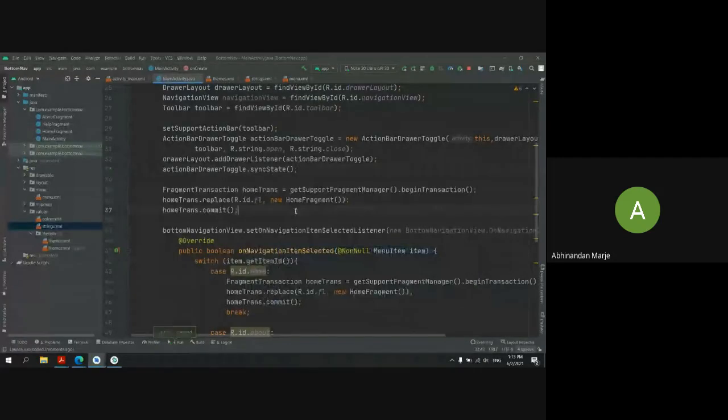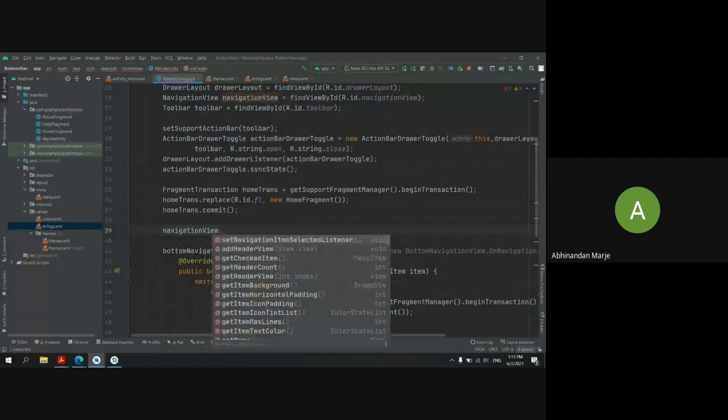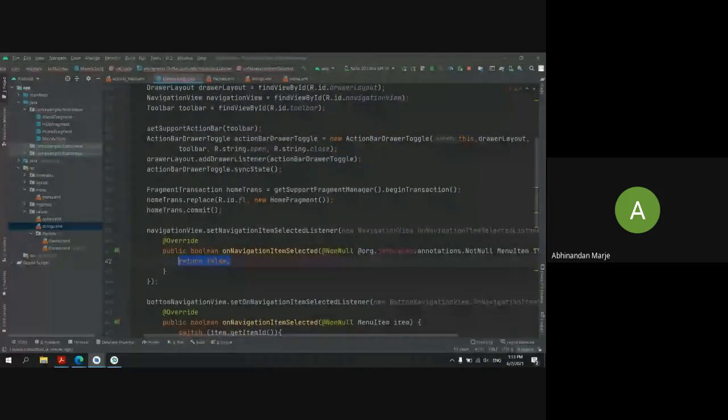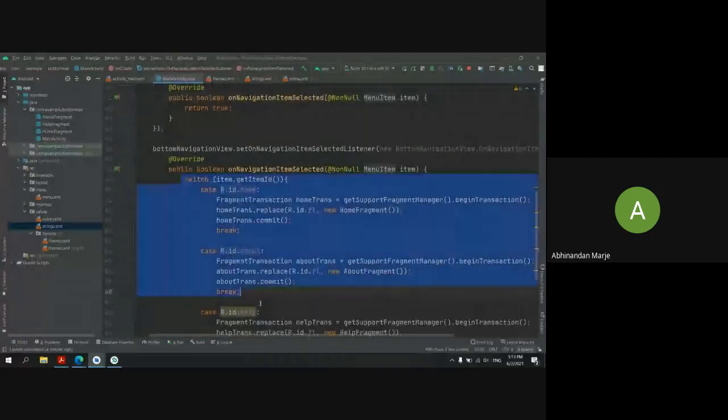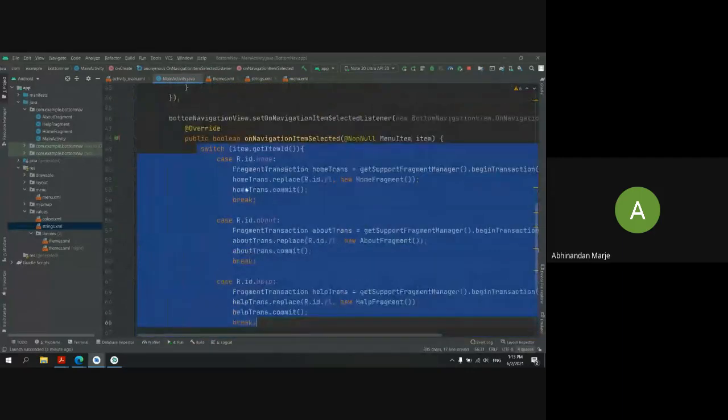So here I will call my navigationView dot setNavigationItemSelectedListener. And in this also, like what we did yesterday, we will do the same thing using the switch. I will just copy this. Yes, this is our bottom navigation view code from yesterday.